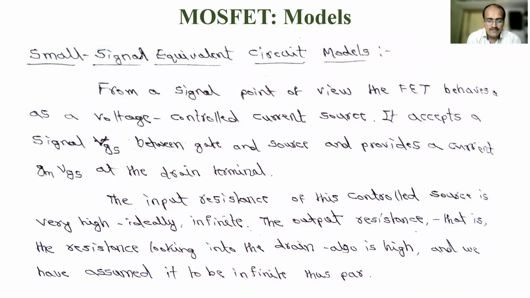Good afternoon, everyone. In the last class, we discussed small signal operation of the MOSFET. The major summary is that we derived two formulas. One is for transconductance gm, which is nothing but drain current ID divided by gate to source voltage VGS. That is the gm, and we got three formulas for gm.